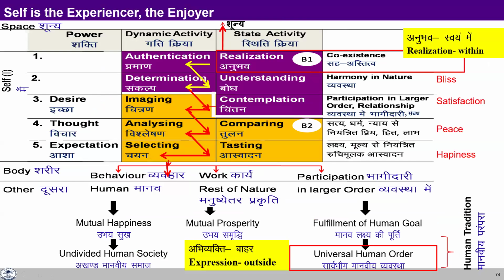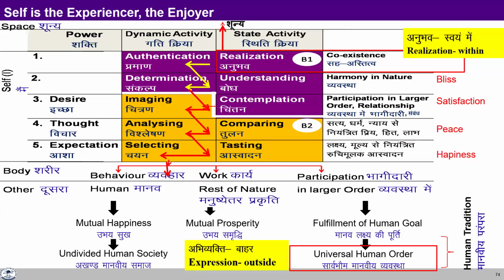I can see the whole existence as it is through realization. And then it gets authenticated in all my activities by completeness of the activities. So my understanding gets complete. I can see the whole harmony in nature in its completeness, which is a natural decision, which ensures a natural decision in me to live accordingly through determination. And this completes the contemplation of relationship in me, which further guides my imagination, right?